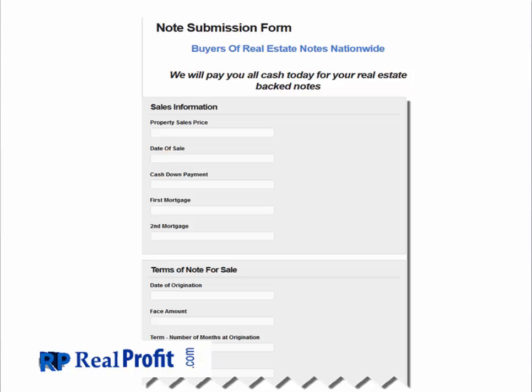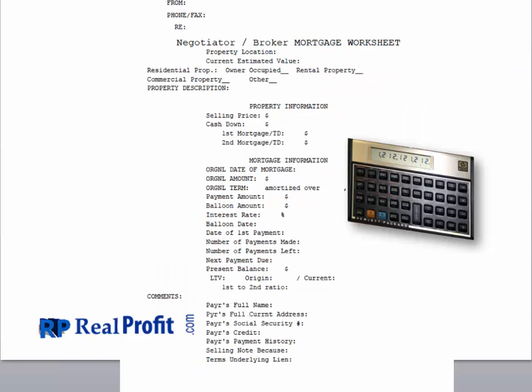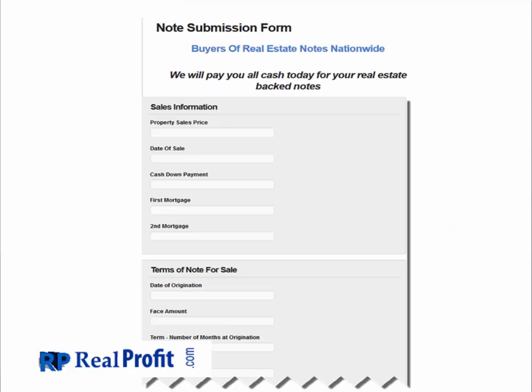There will be underwriting. In other words, people are going to verify the facts. For instance, the homeowner says, or the note holder says, they've made every single payment on time for the last 4 years. On this form, which is our initial go or no-go form, we take their word for it. Before we buy the note, we will evaluate and make sure that they do. We'll ask for a bank statement or something like that.